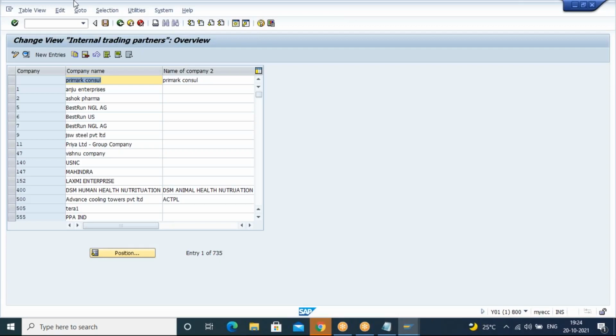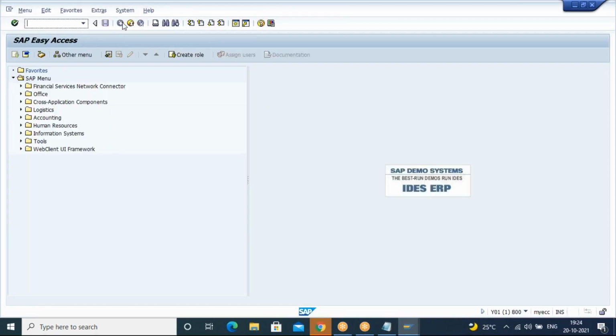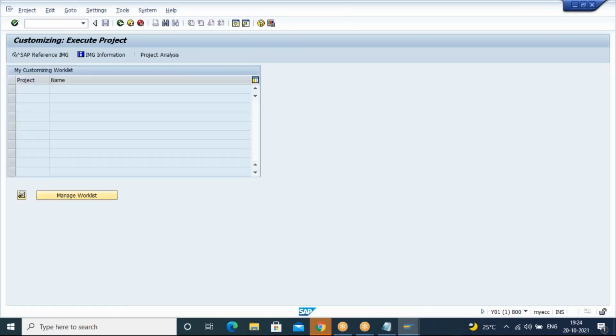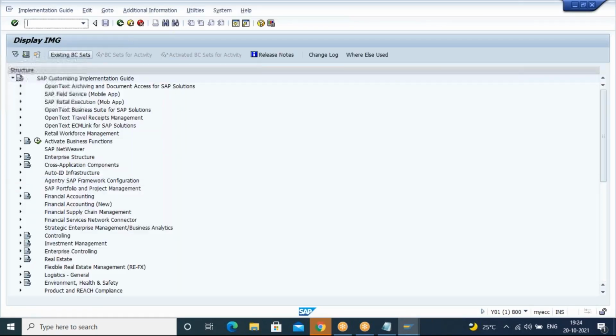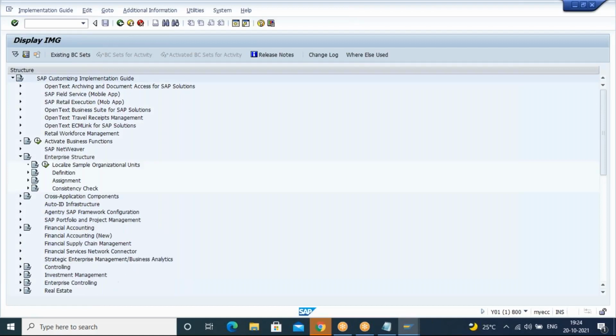Now let us see how to create a company in SAP. As I have told you, the navigation is that we need to go to SPRO, enter SPRO, click on the IMG, and then go to the enterprise structure.